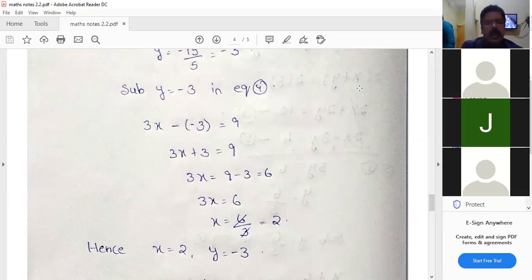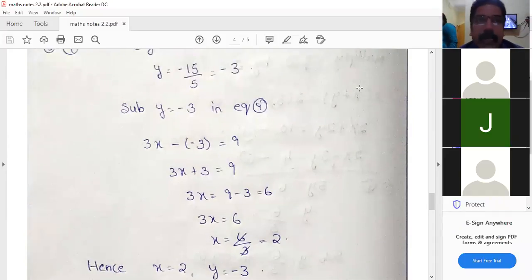So with this, I have completed 2 methods: pair of linear equations in 2 variables solved by substitution method and solved by elimination method. Substitution method means you have taken 2 equations. Write one of the simplest equations as x in terms of y or y in terms of x. So x equal to y plus 4 I did in the first equation. You have to substitute that in the other equation, not the same equation. If you took the second equation, substitute in the first equation. Then simplify, find the y value, and then find the x value. I gave 2 examples there.